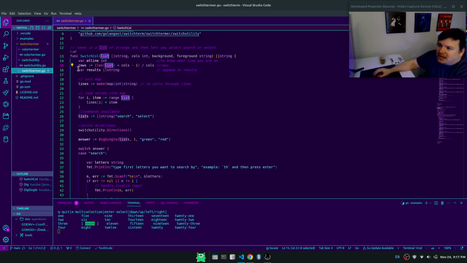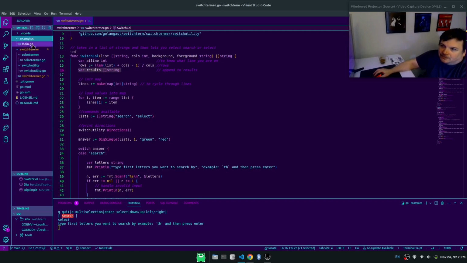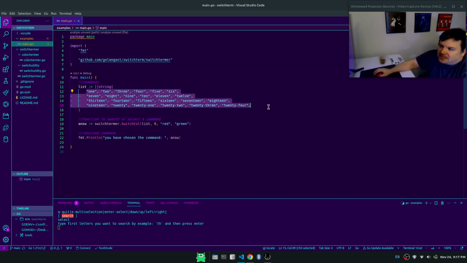I don't know. And this collects the results so that when you do, let's say, the search one, you get to do the two different ones. It asks you what letters you want to type in, and TH for no other reason besides that the list is this, and TH happens to be a few of them. I guess TW would be a better example. If you did TW, you have to hit enter